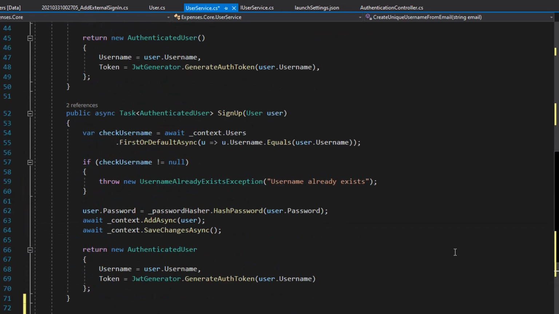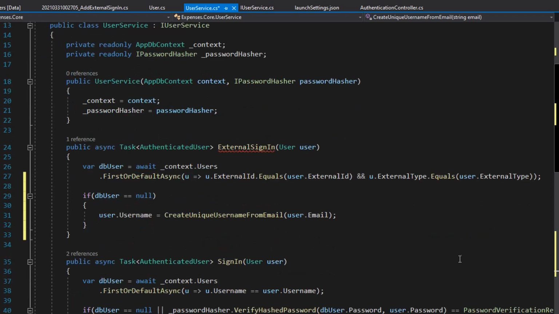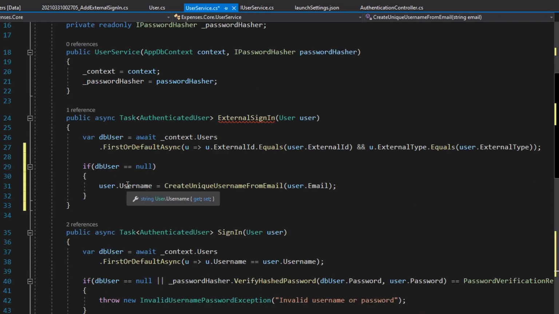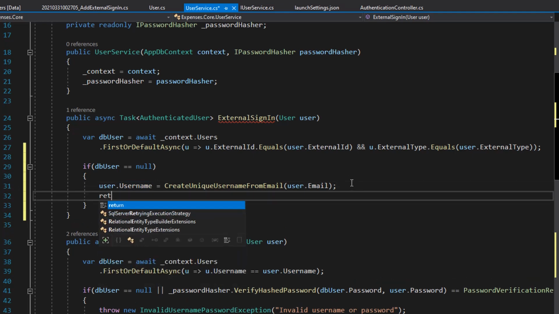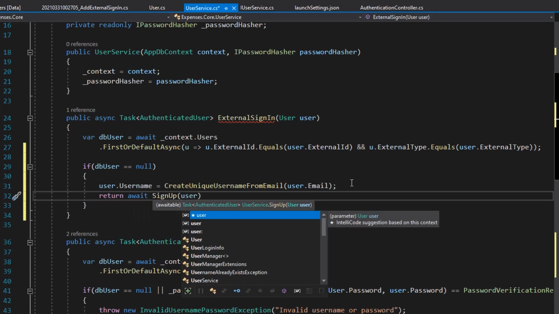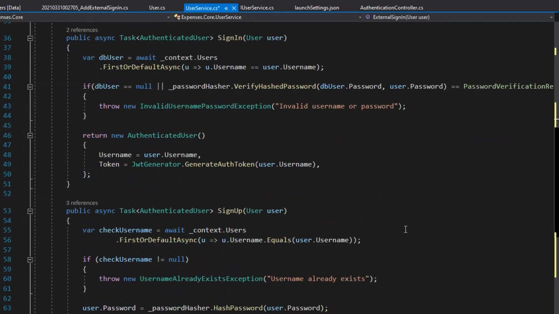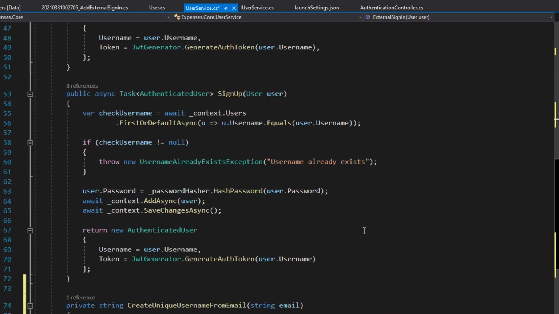Let's go up to our method. So now that we have the username, all we got to do really is return, await, and call our signup method. And let's pass in user. So if we want to reuse the signup method, we got to remind ourselves that the signup method hashes our password. And in this case, a user doesn't have a password, right? So let's go to the signup method, and let's make sure that we only hash that password if there is a password. So up here,